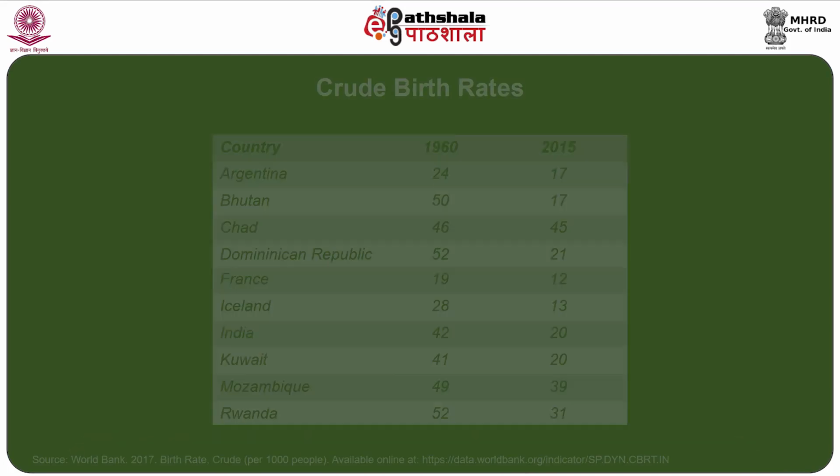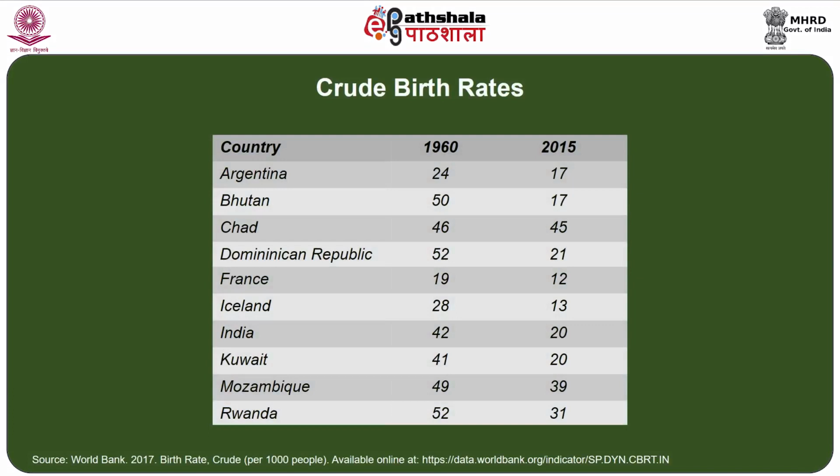Let us discuss the issues related to fertility. For instance, the measurement crude birth rate as indicated for various countries during the periods 1960 and 2015. When we analyze these crude birth rates, for some countries given for 1960 and 2015 expressed per thousand population, for all these countries, the crude birth rate has declined over this period, although the extent of decline has varied